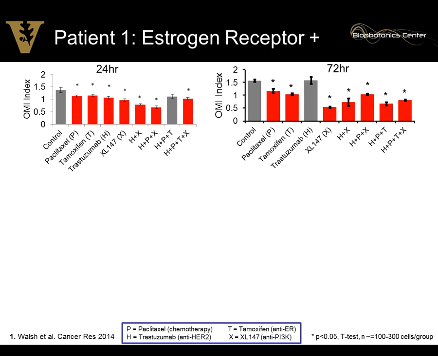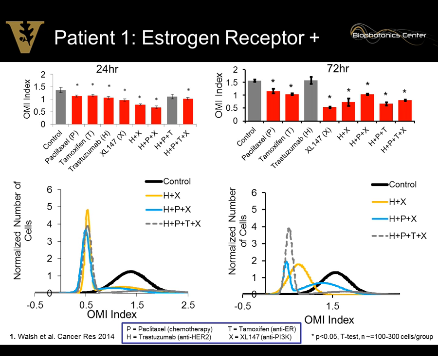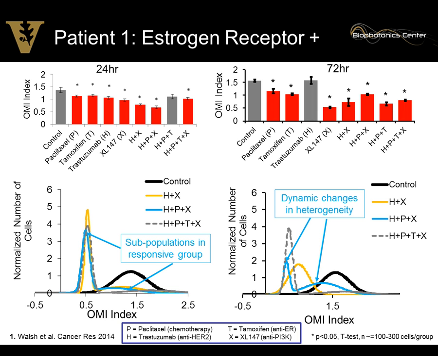And then if we look at changes over time, so this is at 24 hours in the same patient, 72 hours, which I showed you previously, you can see that there's a heterogeneity in this response as well. So this is the histogram corresponding to 24 hours, and this is a histogram corresponding to 72 hours. So if you just look, for example, at this 3-drug combination, the heterogeneity in this response is reflected dynamically. So here we have a very strong subpopulation here, and a weak one here, and here they're starting to balance